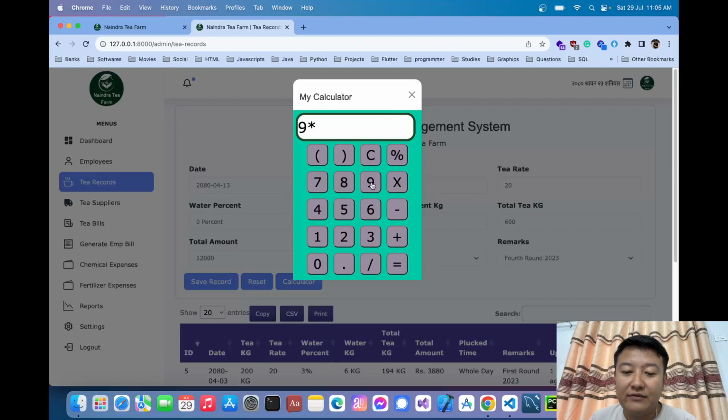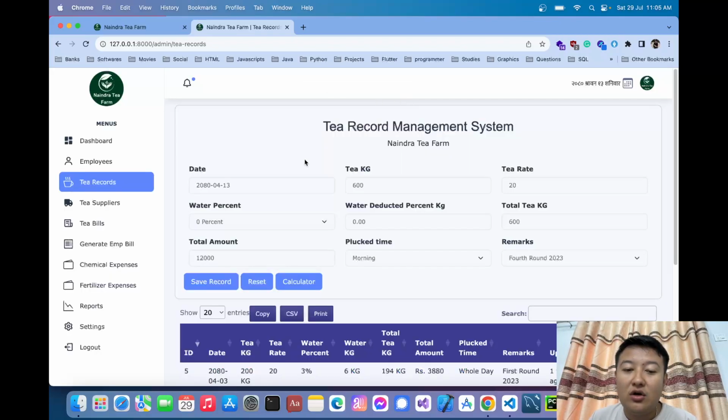Okay, now if I need a calculator, then I can click here and I can get the calculator here. I have added the calculator here so that anyone who needs a calculator can get help. So now I'll just save this record here. Okay,